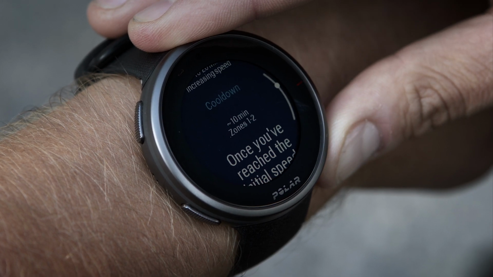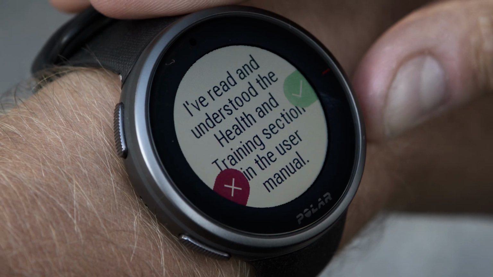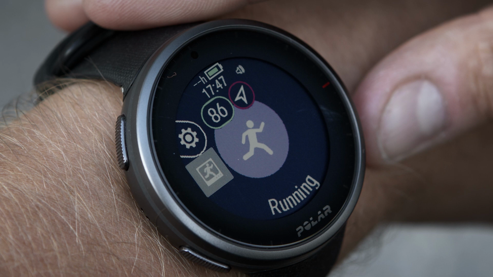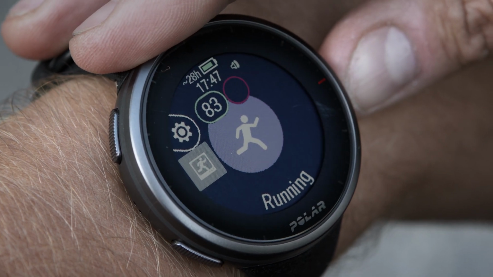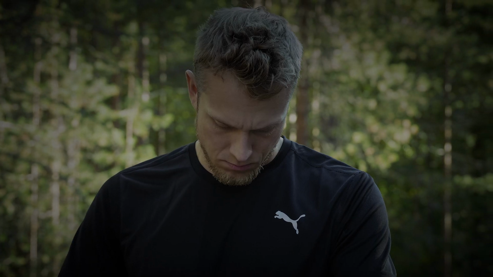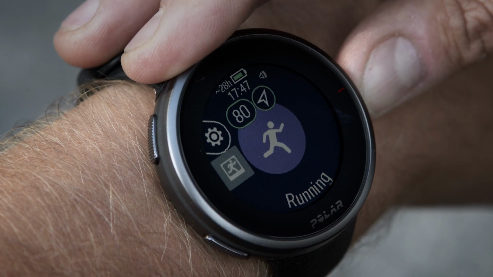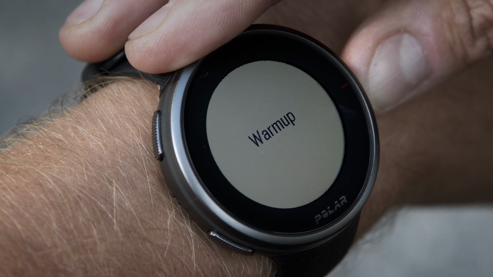When you're ready to start the test, choose Next. Check the questions concerning your health and accept to go to the pre-training mode. The sport profile is shown in a purple color in the test view. Choose an appropriate indoor or outdoor running sport profile. Start the test by tapping the display. The watch guides you through the test.